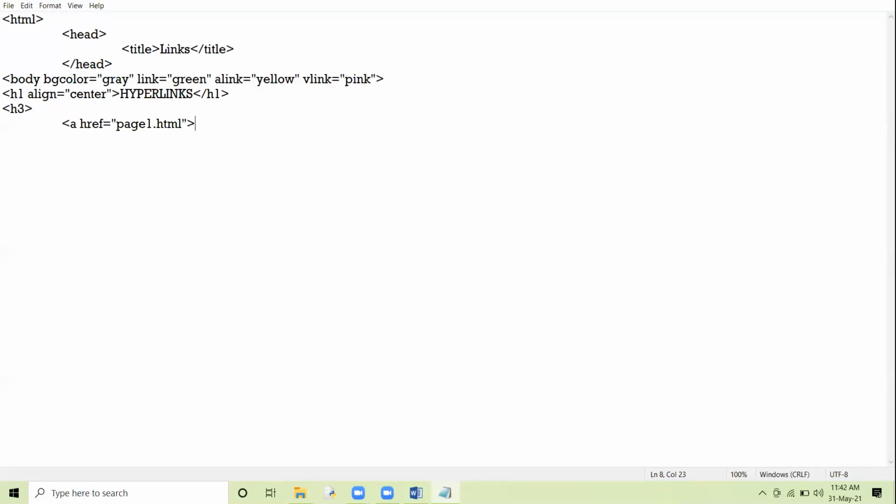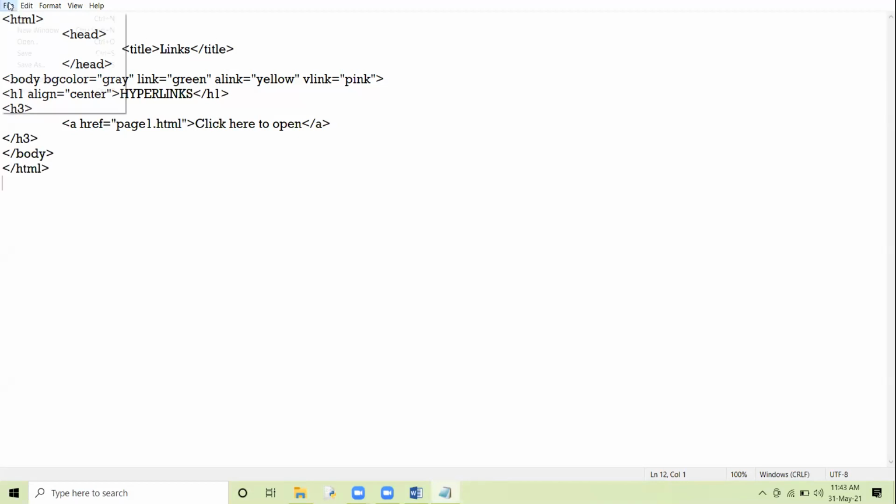Then after closing the bracket, here you have to create the hyperlink, clicking on which you will get connected to this page. I am giving the hyperlink, Click here, and then closing the anchor tag. I'm closing this h3, closing the body tag, and finally I close the HTML tag.